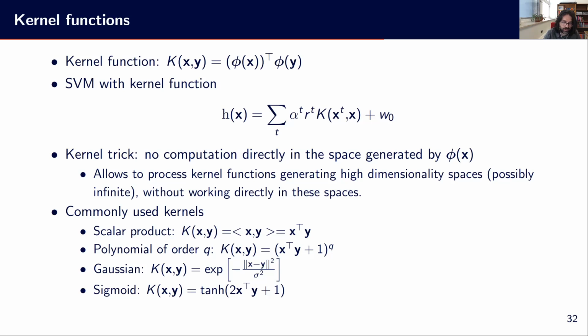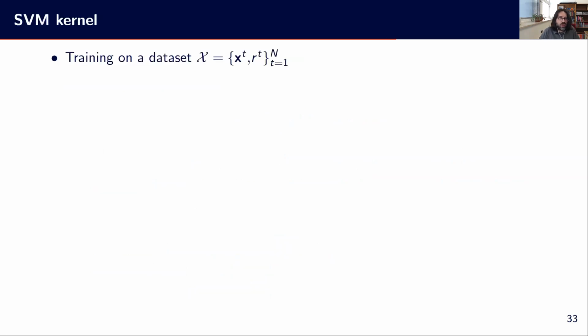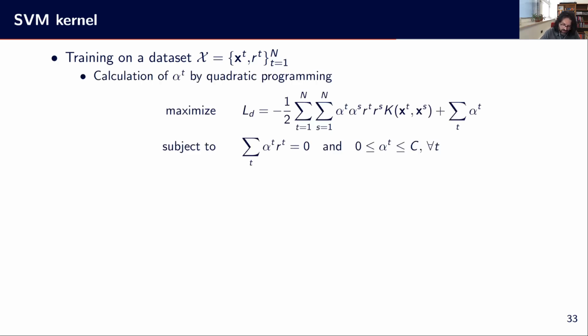So these are common kernels that we can use. And then for the SVM kernel, we want to train, for example, on a data set here. We have our data set of n samples. How can we deal with that? We want to calculate the alpha by quadratic programming. So we are using the soft margin formulation with the dual formulation, in fact, where we want to maximize this